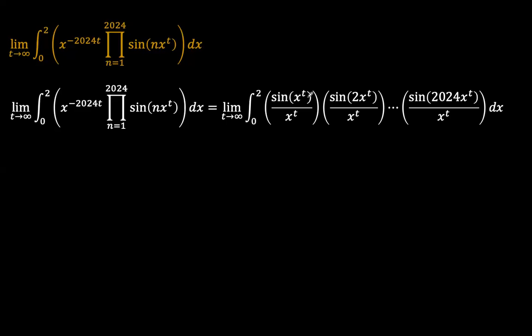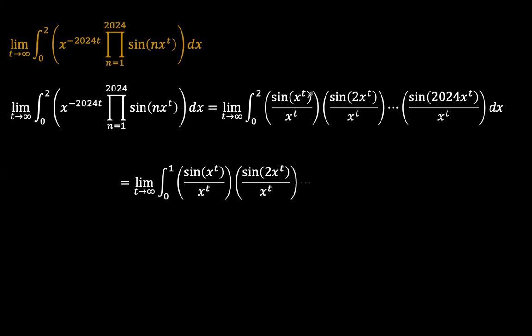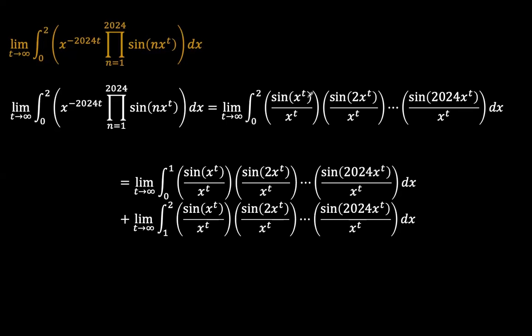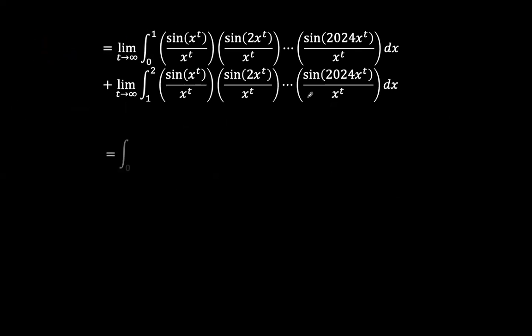So I'd like to divide this integration into two different integrals, between 0 and 1 and between 1 and 2. Okay, so that's what we've done, right? Now going forward, since that's what we've gotten,